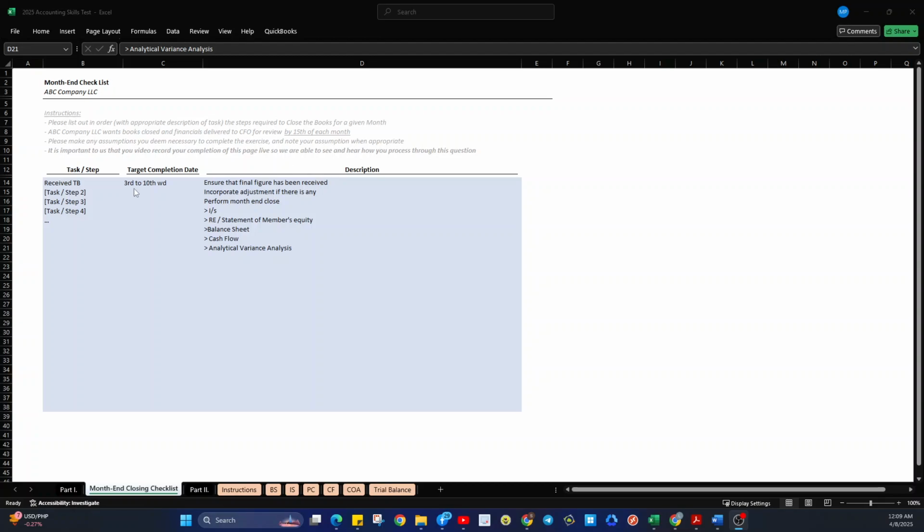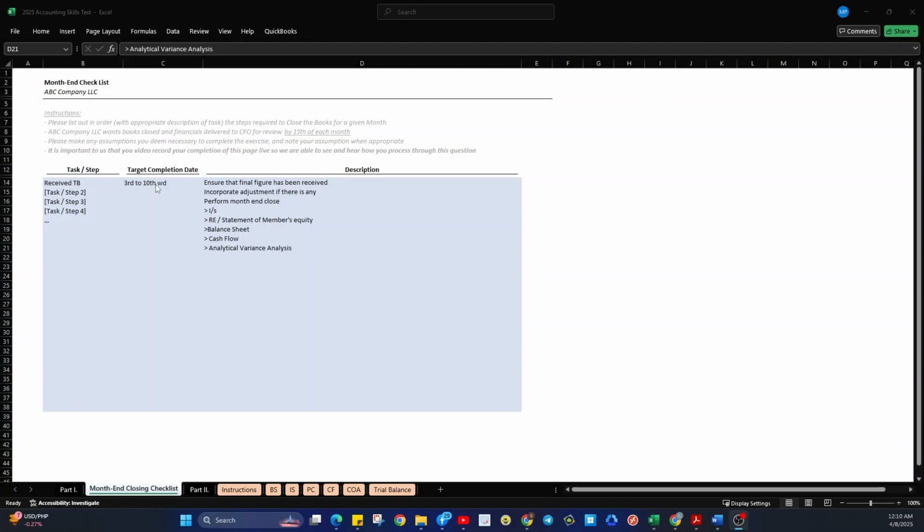Ideally, some companies take a while to do the closing and capturing all the necessary expense and income items. So mostly for those companies, they ensure that they'll be able to have everything done by the 5th day of the following month. It's very ambitious if they will be able to finish it on the 3rd. There will be a lot of work to be done, but just to give more leeway into preparing the month-end close, there are some companies that would allow until the 10th of the following month.